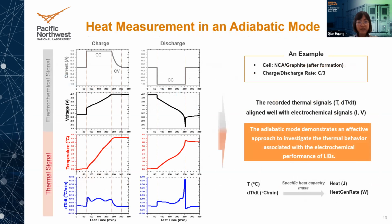So based on this approach, here is an example for the heat measurement in an adiabatic mode. As we can see, the recorded thermal signal on the bottom aligns well with the electrochemical signal on the top during the charge and the discharge. So this demonstrates the adiabatic mode is an effective approach to investigate thermal behavior that is associated with the electrochemical